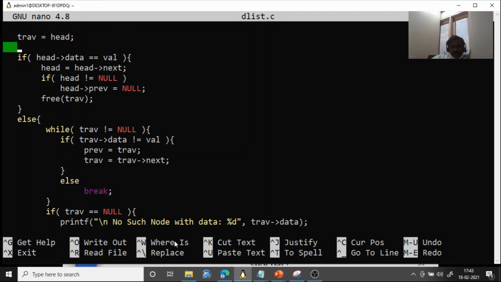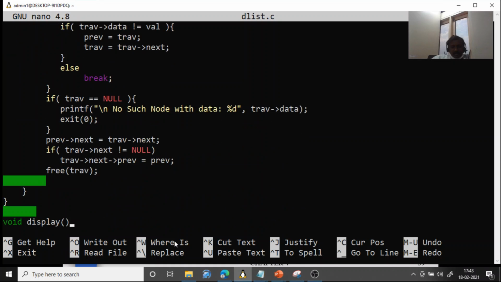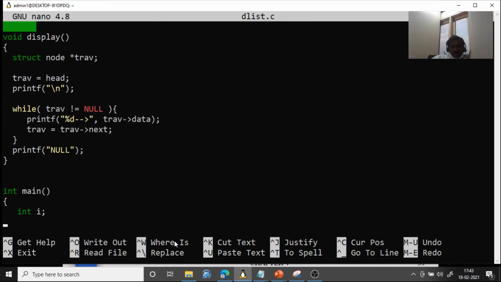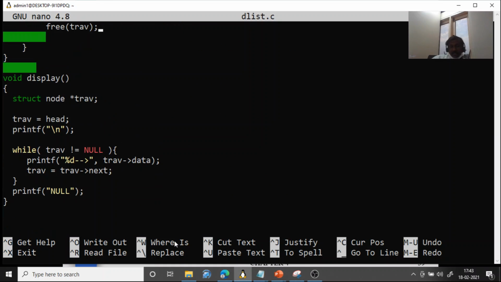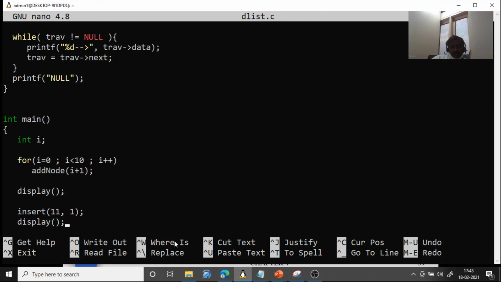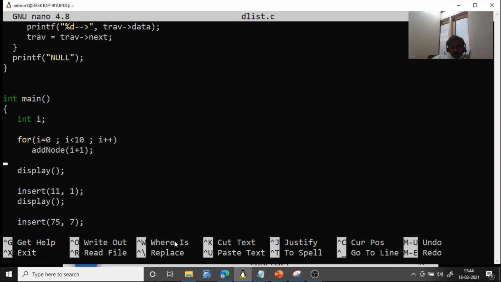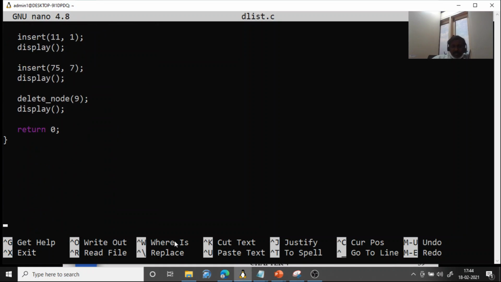Delete at the beginning and delete anywhere else. And this is for display, same as that of a singly linked list. There is no difference.